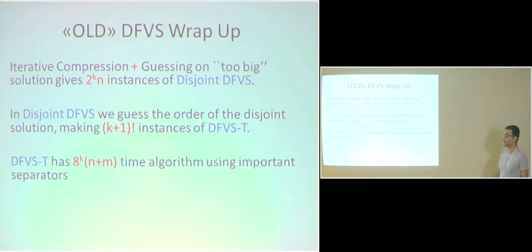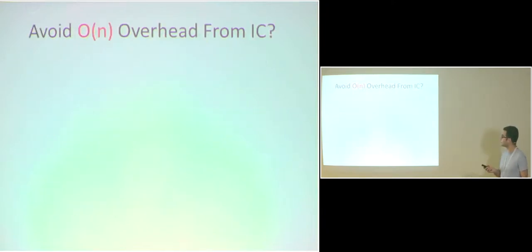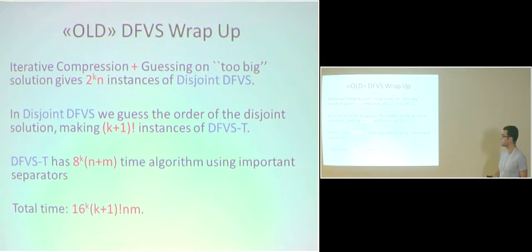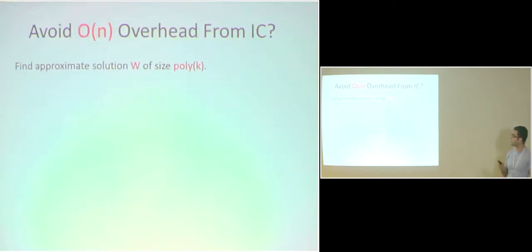Then you have this 8 to the k algorithm that I just showed you, and wrapping this up together gives you a 16 to the k factorial n m time algorithm. Now, in the book, you can get this down to 4 to the k, but this is the dominating factor anyway. So from now on, I'm just going to pretend like this 16 is a 4, because it is. Okay, so